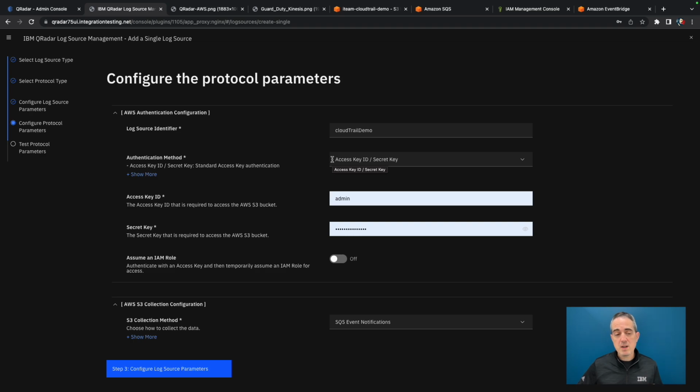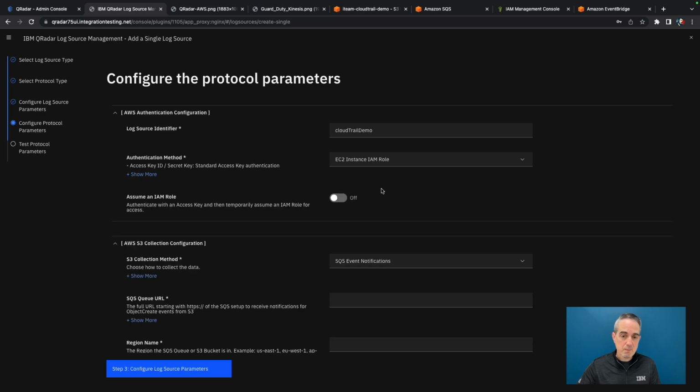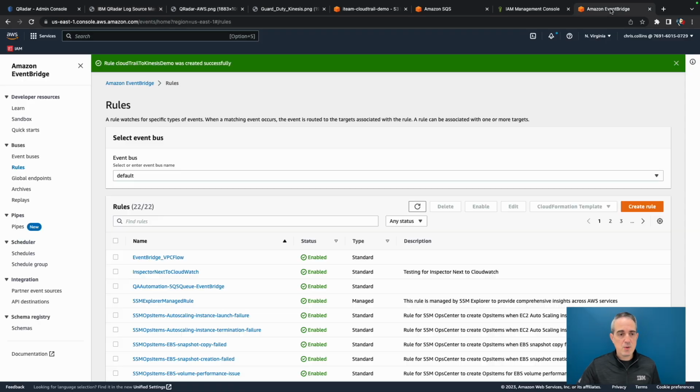If your QRadar hosts, either being a DLC, an event collector, a data gateway if you're on QRoC, or any of our other appliances, are located within the AWS infrastructure, you can actually do a keyless authentication method, which is what we would definitely recommend. So rather than picking access key and secret key, you would pick EC2 instance IAM role. What this does is pull a role off of the EC2 instance itself. So if we go look at the EC2 panel